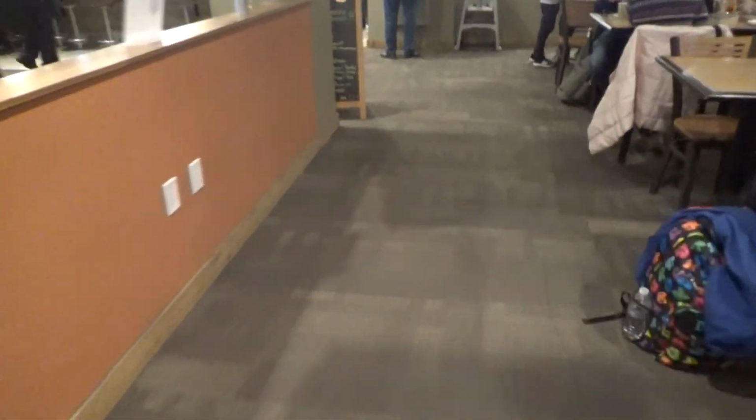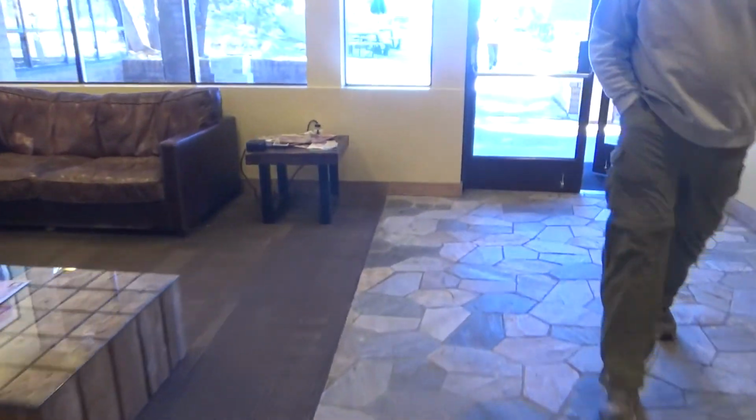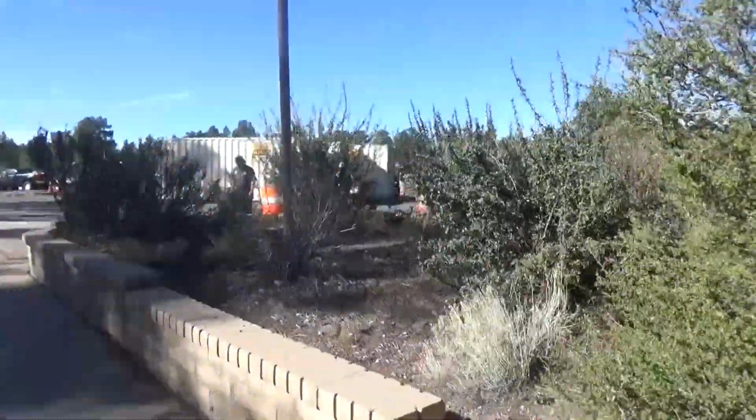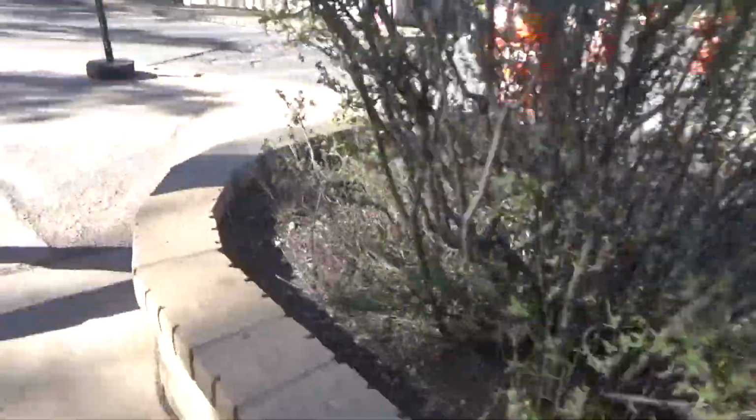Alright guys, so that's pretty much the whole building. We pretty much tackled this building now. So now we're going to head outside and check out the general store, post office, and bank. So you're going to exit through here, and then go to the general store, which is, if you guys can see,